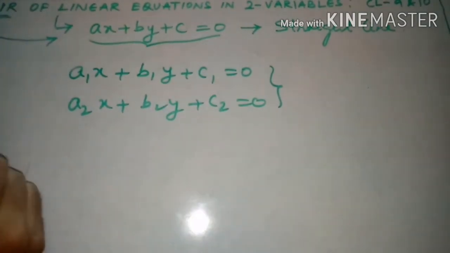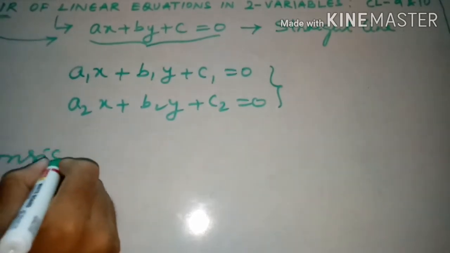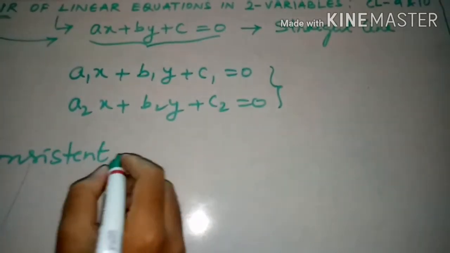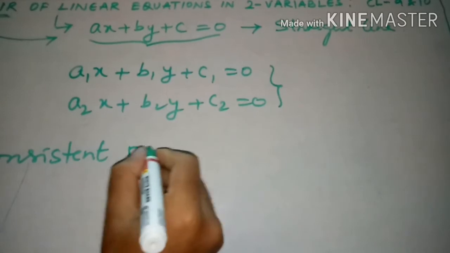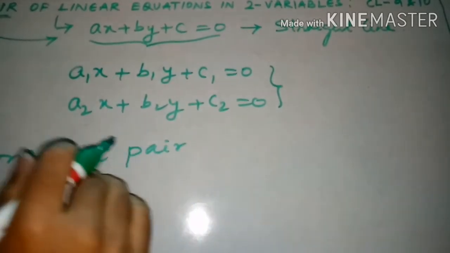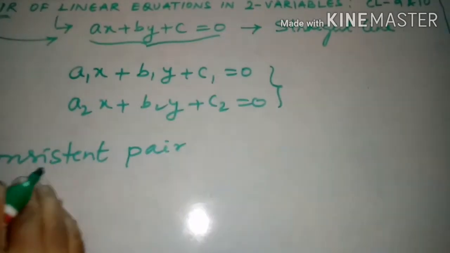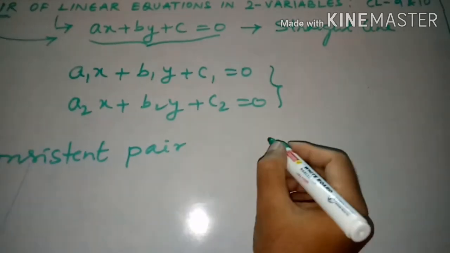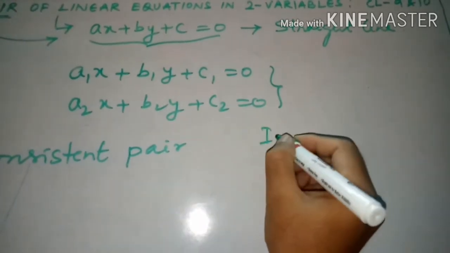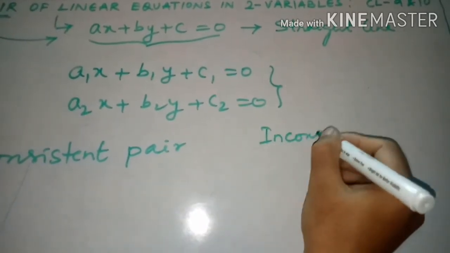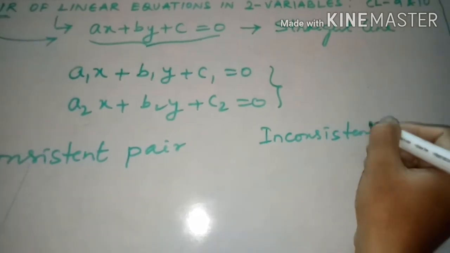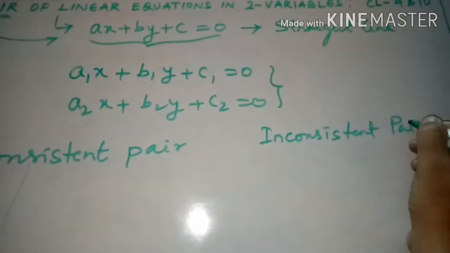So here two things you should understand now. Consistent pair: when the two equations are said to be consistent. Another one: when the two equations are said to be inconsistent. These two you must know first. Okay, inconsistent pair. So now